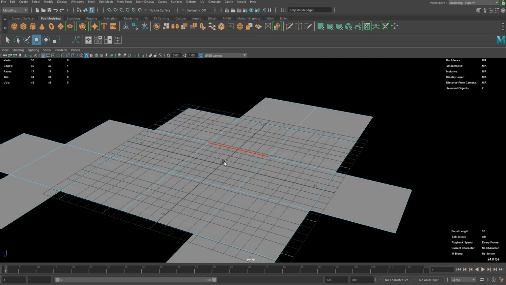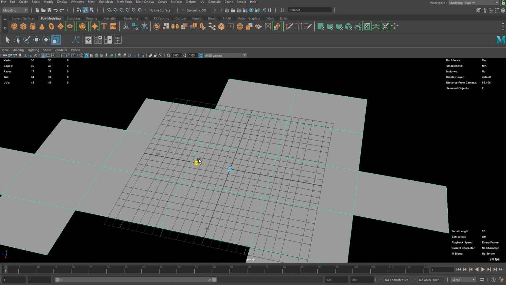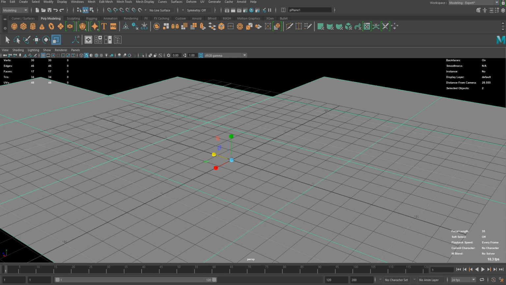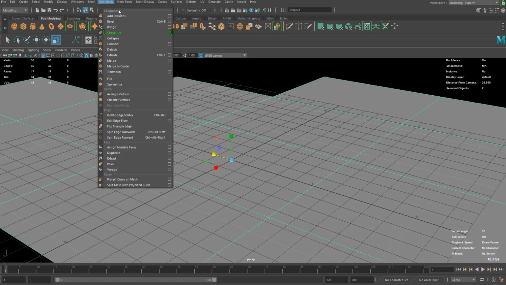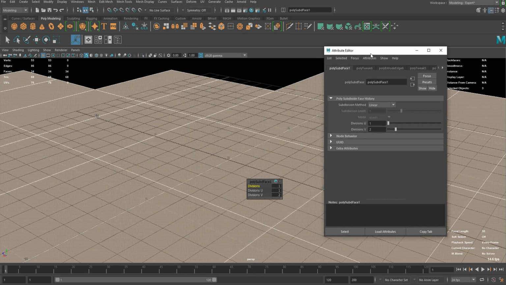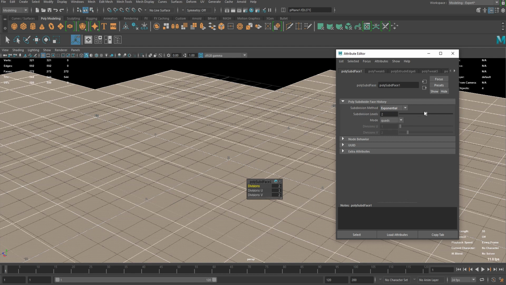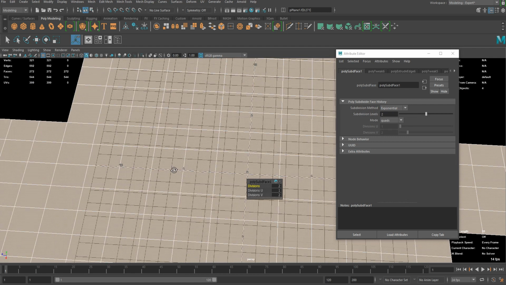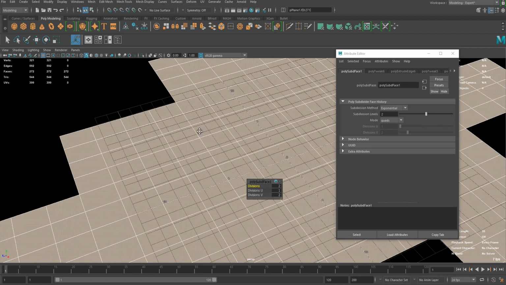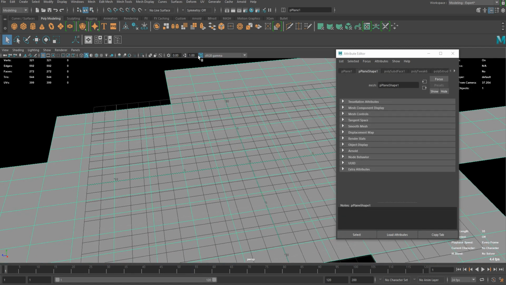So once you got that sort of shape, you can stretch it out depending on what kind of proportion you want for the blocks. And now I'm gonna add divisions, and if I go to the attribute editor, I can change it to exponential, and I will start to add more subdivisions here. So the number of faces here is gonna be the number of blocks. So here we got our base mesh now,